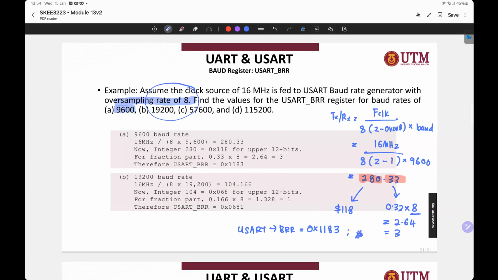Okay, and similar to the other examples, you just change from 9,600 to the other baud rates. And after that, divide it to the integer and fraction part and get the hexadecimal value. And once you get the hexadecimal value, then put it inside of the BRR register. Okay, guys, up until here before we